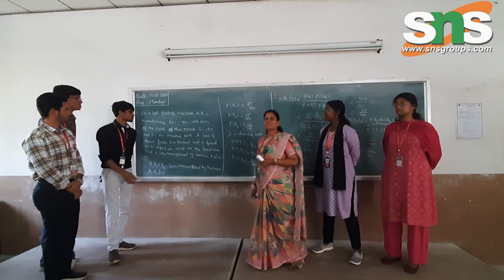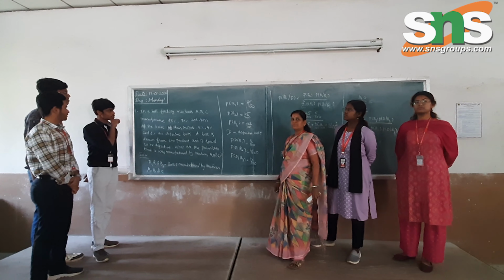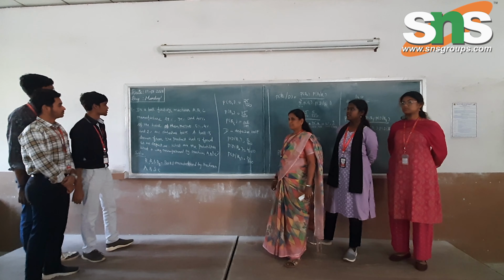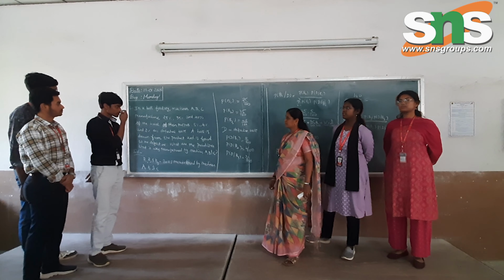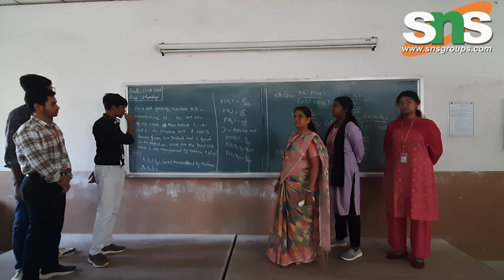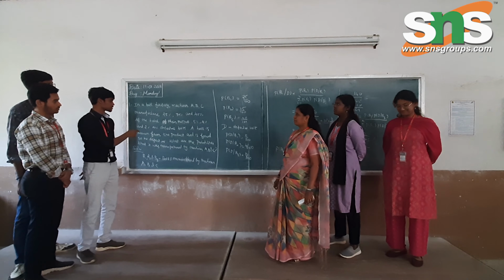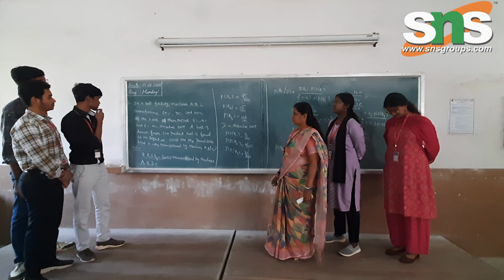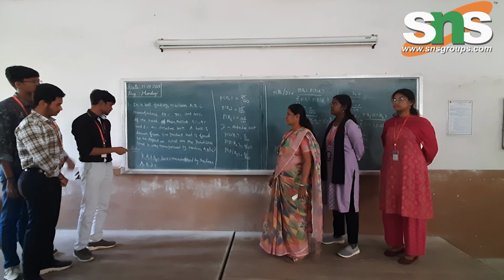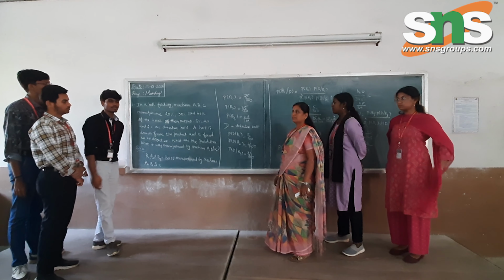So the problem we are going to see is a bolt factory problem. In a bolt factory, machines A, B, and C manufacture 25%, 35%, and 40% of the total output. Of their output, 5%, 4%, and 2% are defective bolts. A bolt is drawn from the product and is found to be defective. What are the probabilities that it was manufactured by machine A, B, and C?